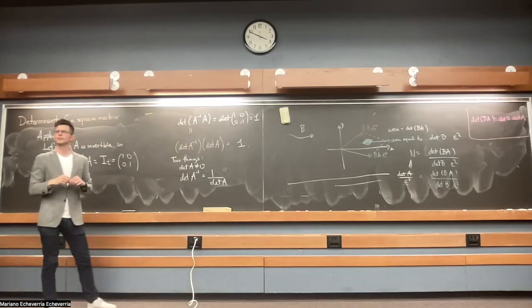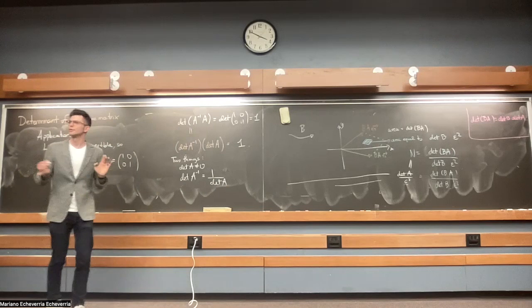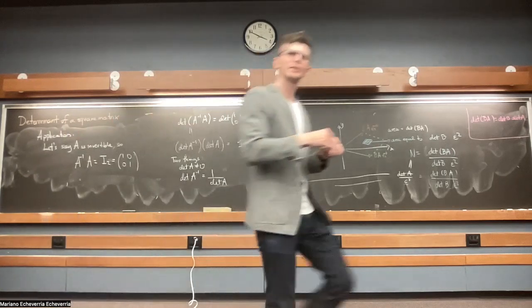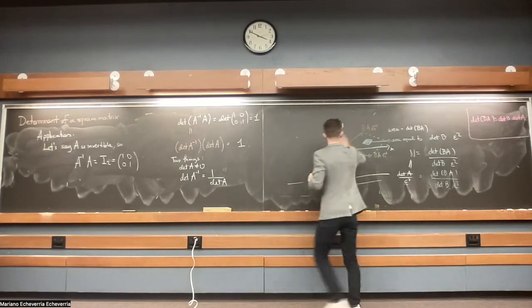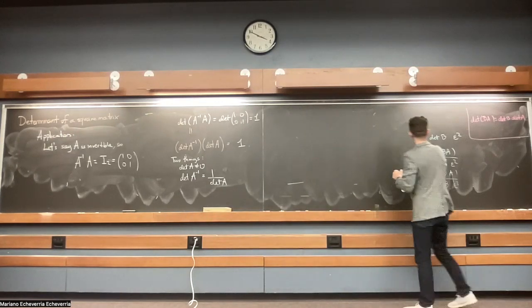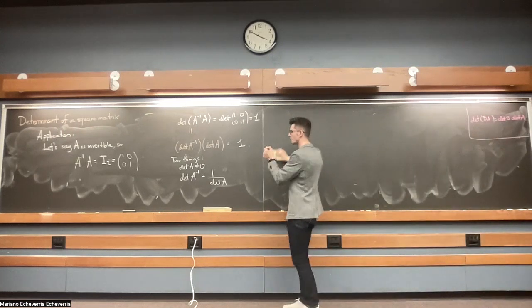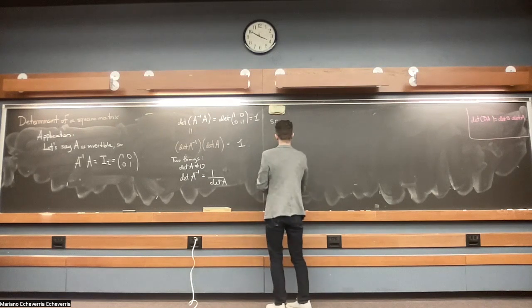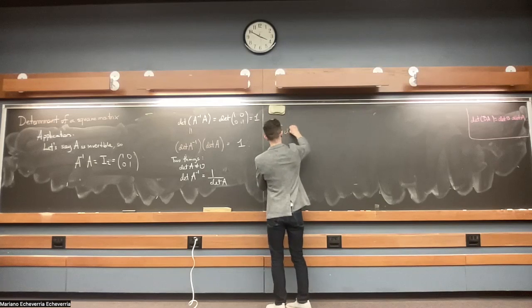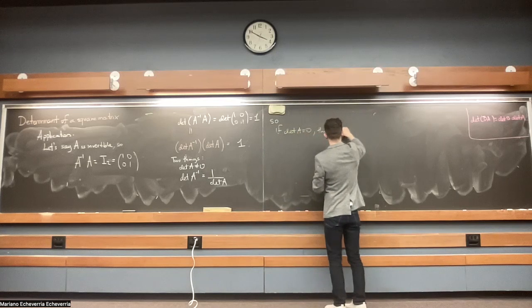And this is the easiest check for invertibility of a matrix. You compute its determinant, and if it gives you 0, it cannot be invertible. Is that making sense? So in practice, what this means is that if the determinant of A equals 0, then A is not